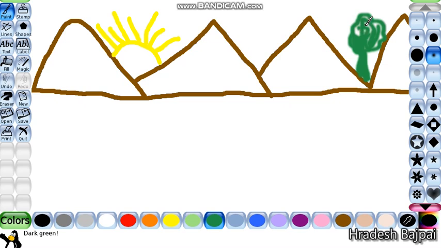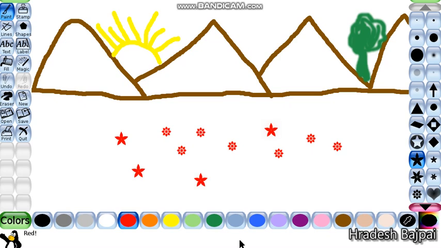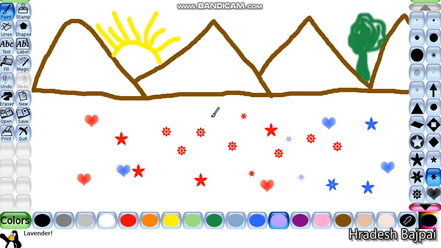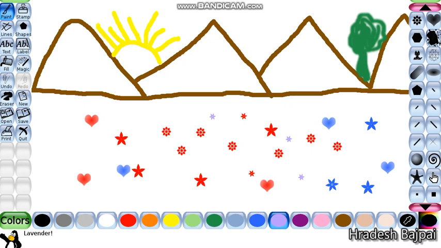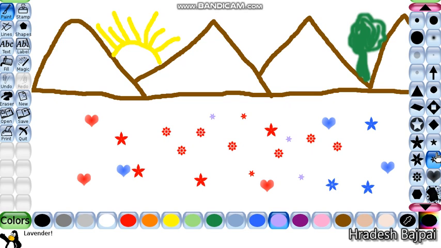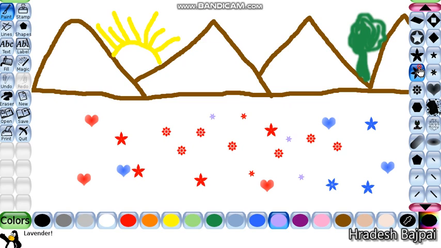And if you want to draw any shape from this sub tool list, you can do that also. Like, click on this, and you can draw these types of flowers. If you click on this, it will look like this. By changing the color, you can draw different kinds of shapes. The shape on which you click will look like that shape only. Okay, so I hope you all can observe the shape I am choosing from the list. There are many options, so you can choose and draw any.